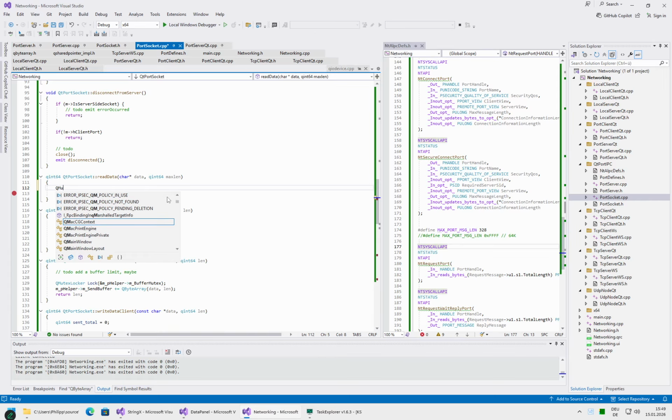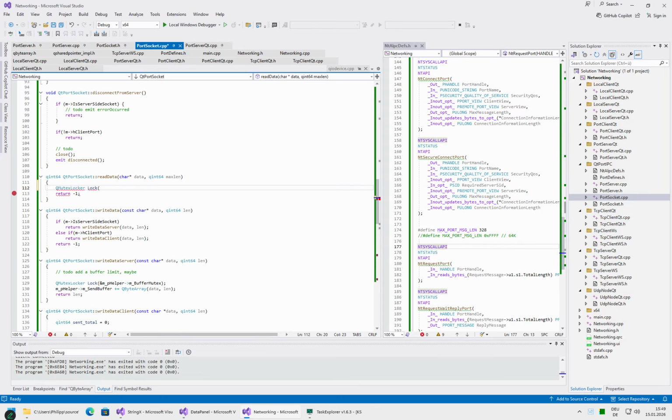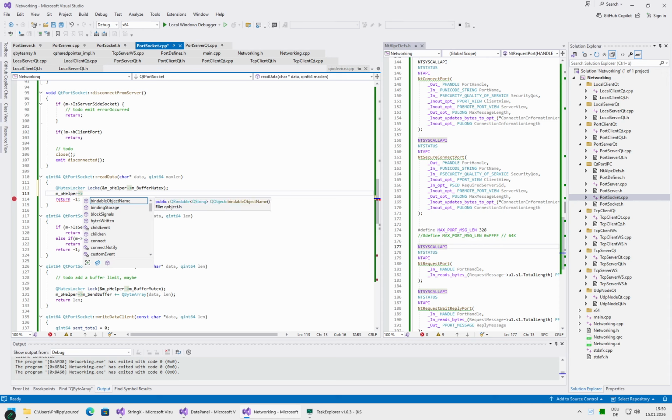So we start with QMutexLocker. Was it just locker? QMutexLocker. Okay, yeah, that doesn't matter here. Reference helper underscore buffer mutex. So now we can safely access our buffers, and from here